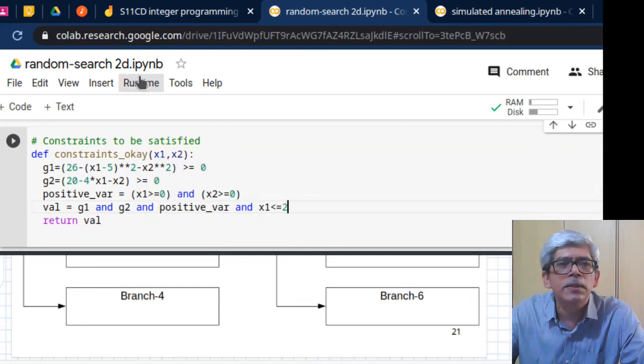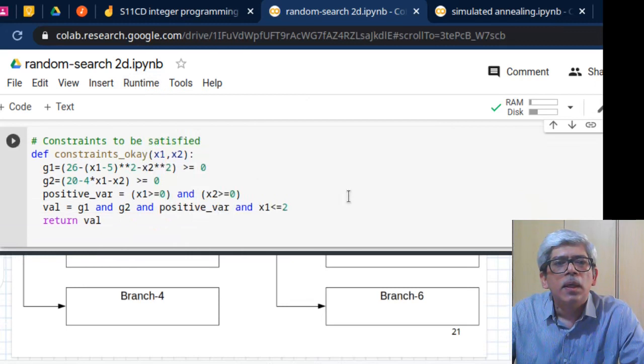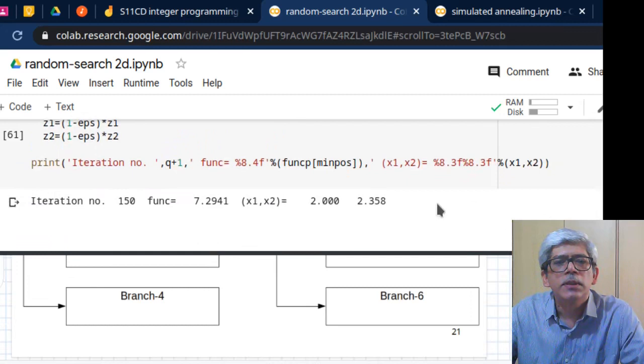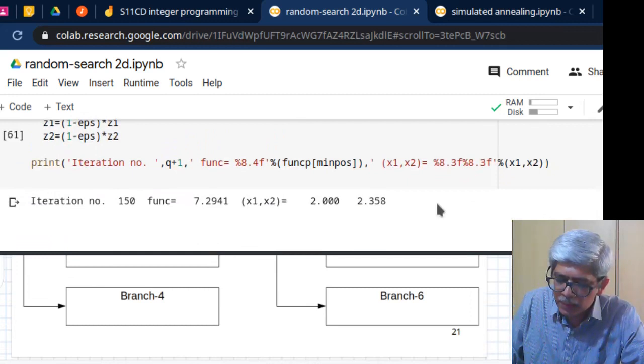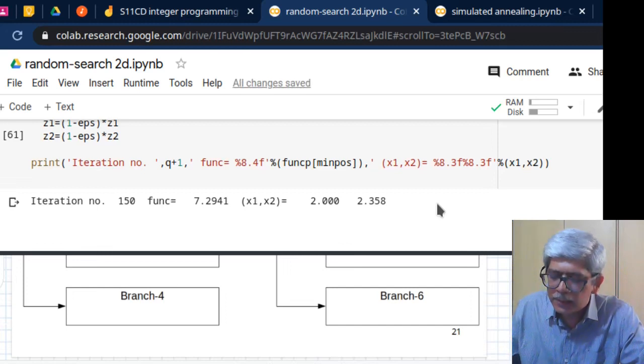With this additional constraint, I will take a run and I will find the solution corresponding to this case, which is x1 equal to 2, x2 equal to 2.358, and the function value is 7.2.